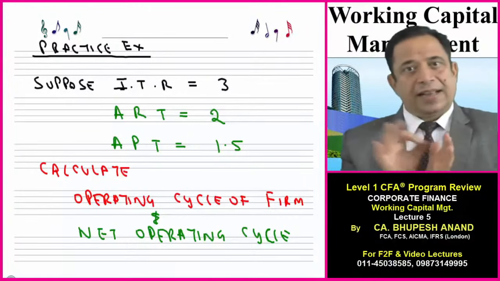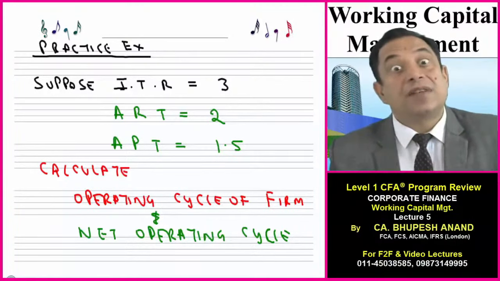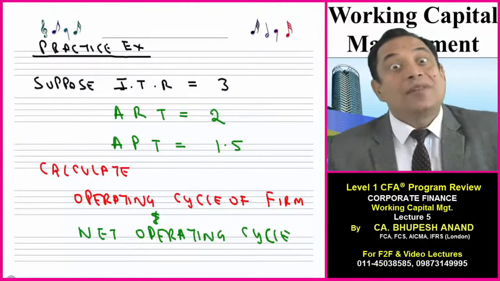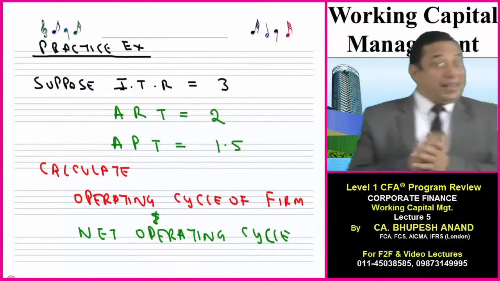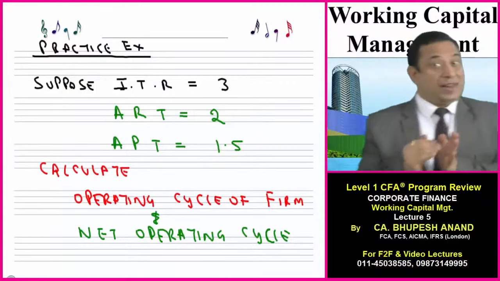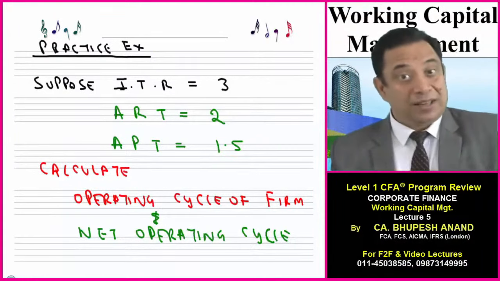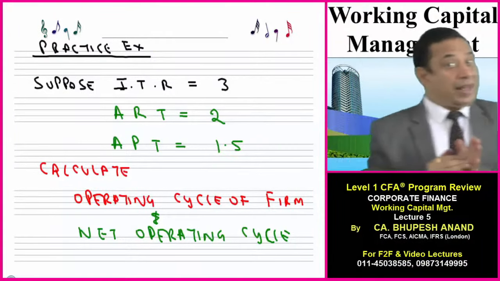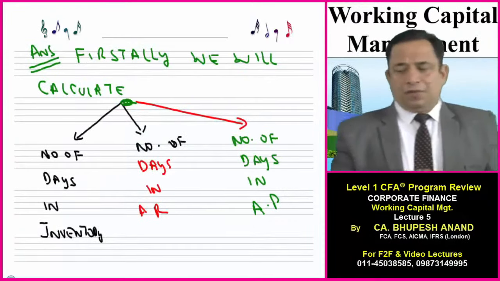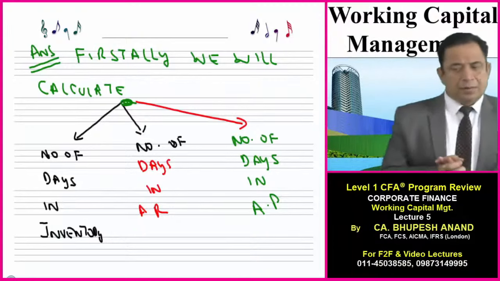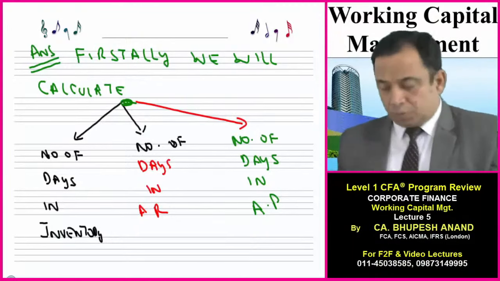That is inventory cycle plus debtor cycle. But for that, firstly, we have to calculate number of days in inventory and number of days in debtors. And for that, 365 days upon inventory turnover ratio, 365 days upon debtors turnover ratio, accounts receivable turnover ratio, and 365 upon accounts payable turnover ratio. So very easy, I have written for you. First, we will calculate number of days in inventory, number of days in accounts receivable, number of days in accounts payable, and